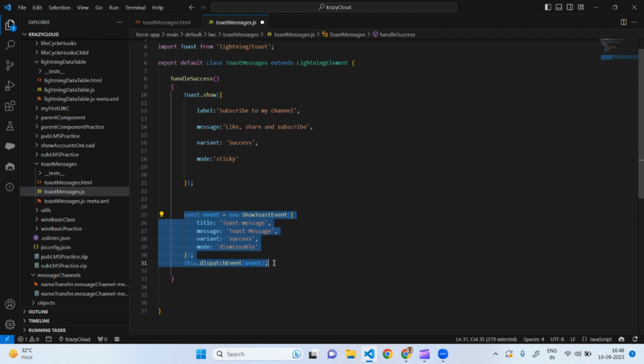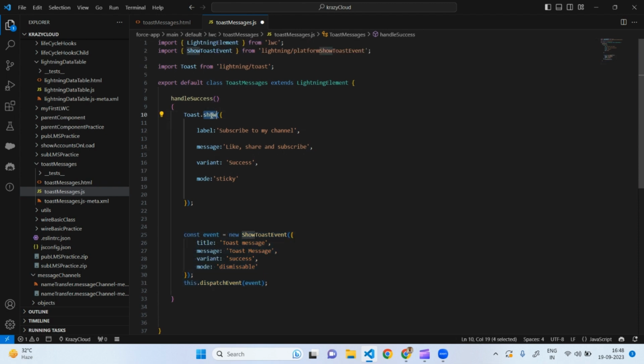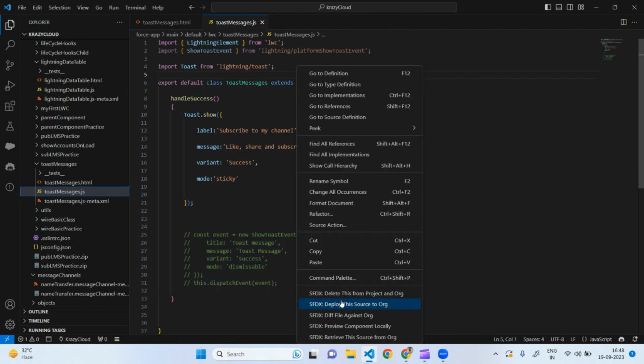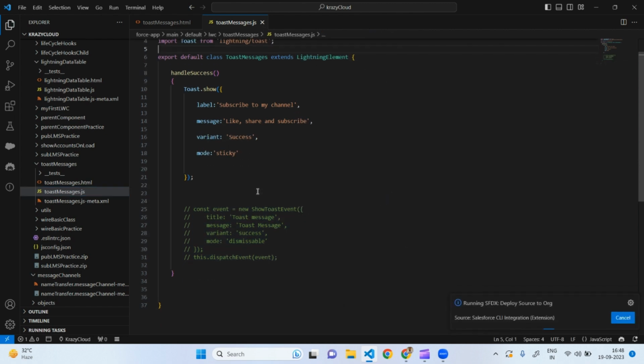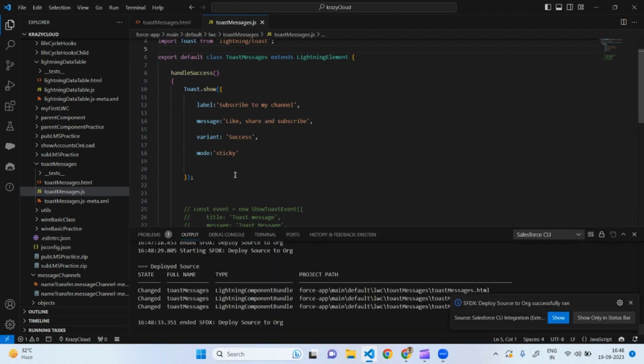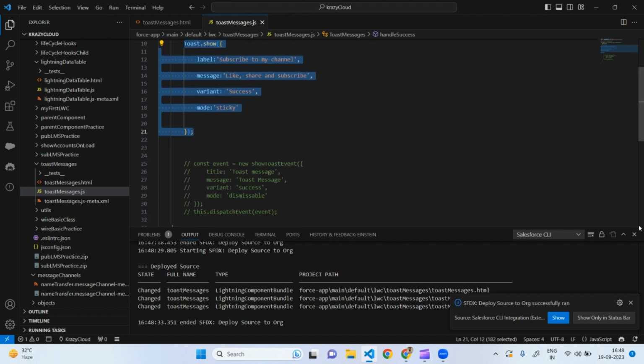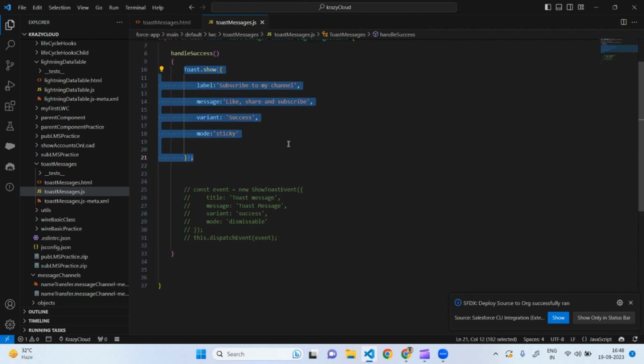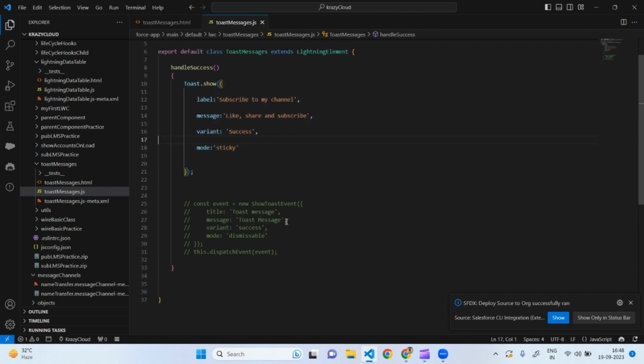In the older way, we need to create some event and then we need to dispatch the event, right? But here we'll just use this show method, and here we'll pass these attributes, correct? So let me comment this thing and deploy it again. You can see the difference, and it has many more features like the close action and the hyperlinks, which the older way does not have, right? Another difference between the newer version and the older version is that